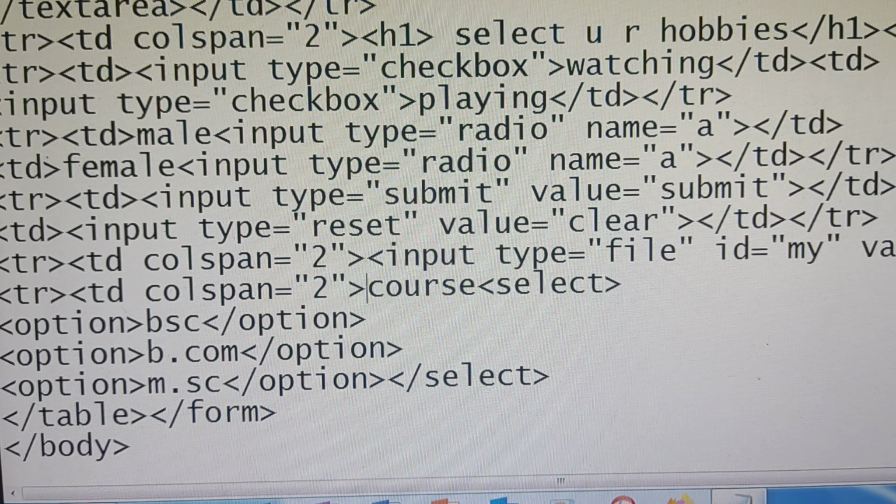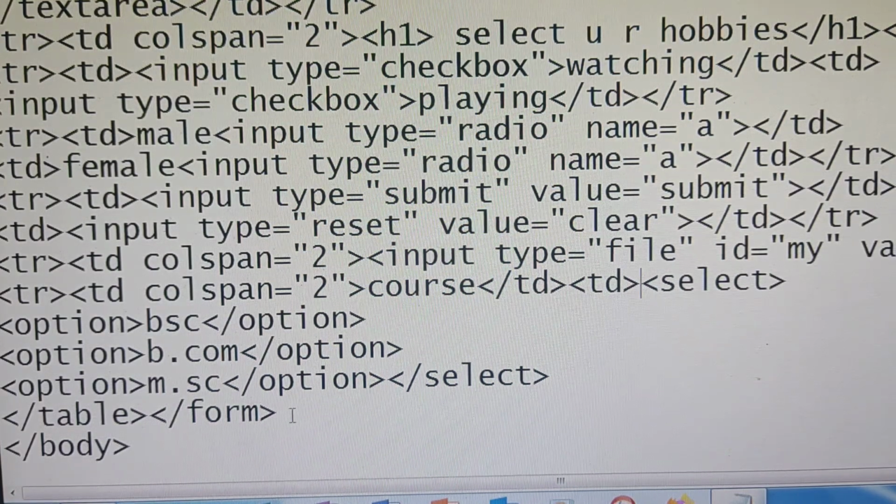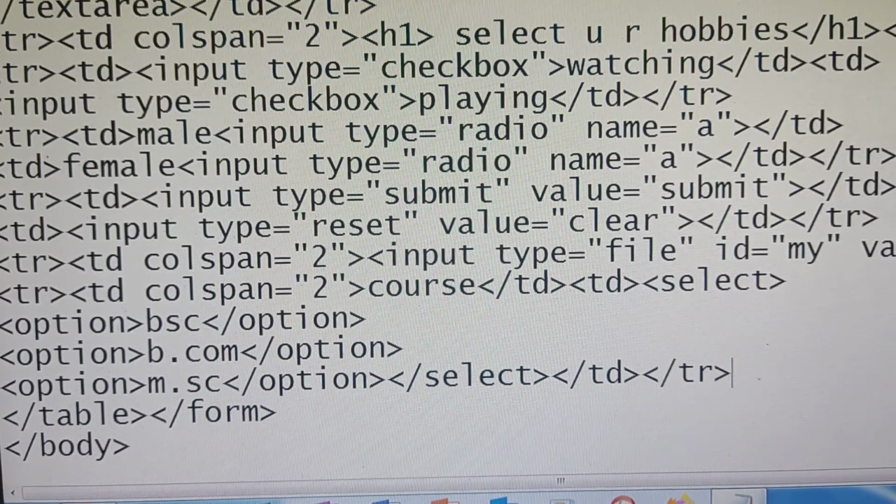Next to this, select tag. For this select, I am closing the first column. Next I am opening the second column. And after this I am closing a column and I am closing a row also.